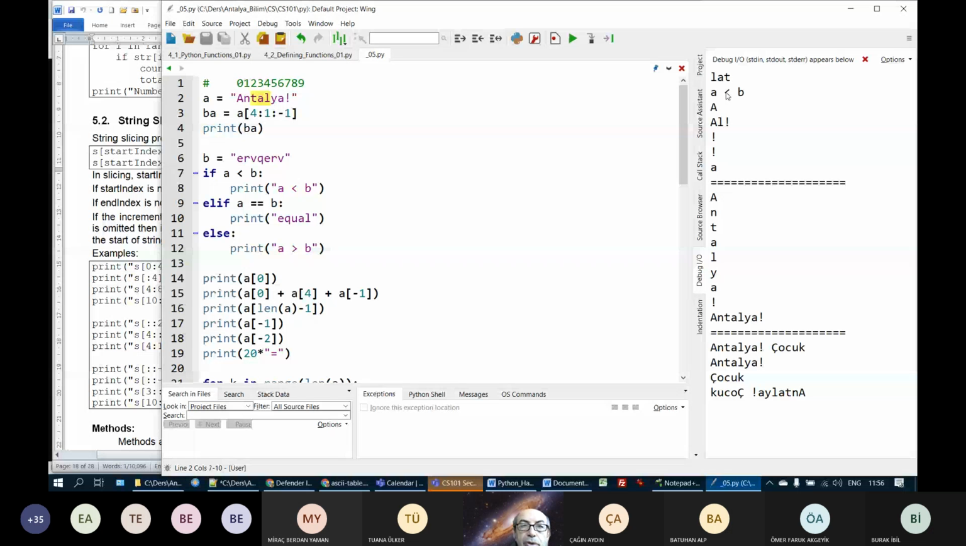We can also go 2 by 2. For example, assume that I want to take all the characters of Antalya, and with exclamation mark, starting from the first character, from 0, and I go 2 by 2. From A, I will jump to T, from T to L, from L to A, and finish. There is no more double. So what I do, let's do this like that. From 0,